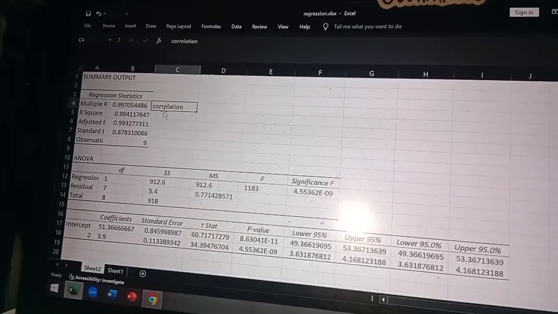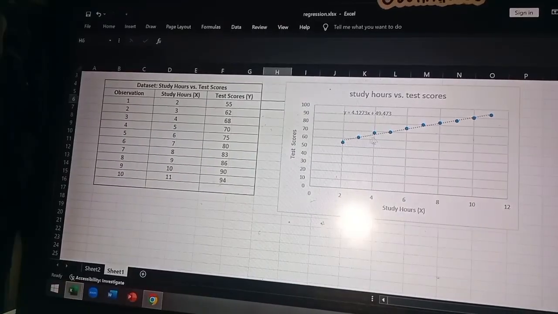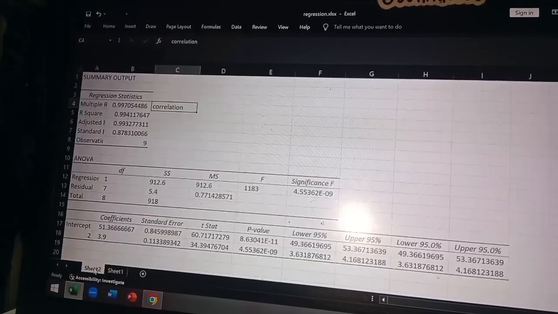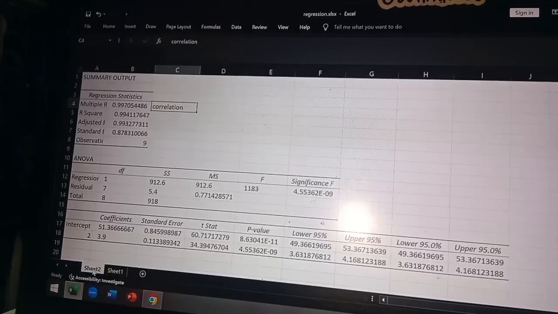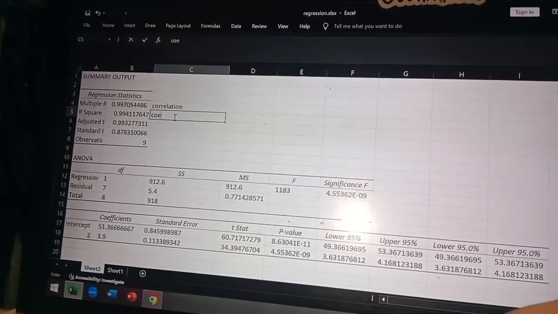Okay. So since the correlation or the multiple R is 0.99, we can say that there is a strong correlation on the data. So as we can see here, also the data is pataas. Which means the correlation or the multiple R and our chart here is accurate. Okay. So on the R square, this is our coefficient